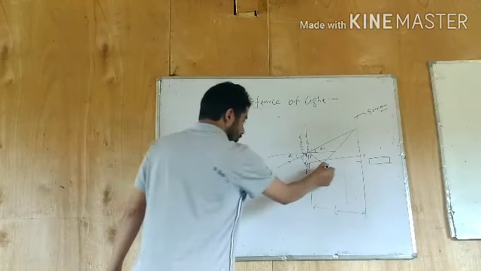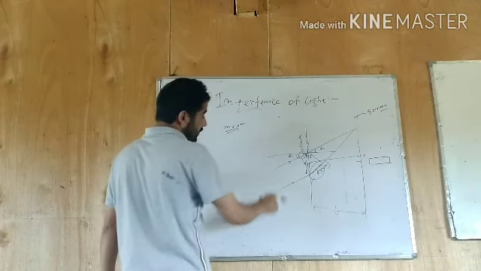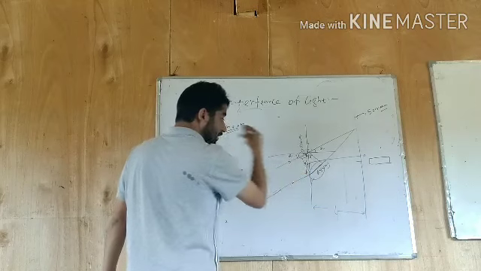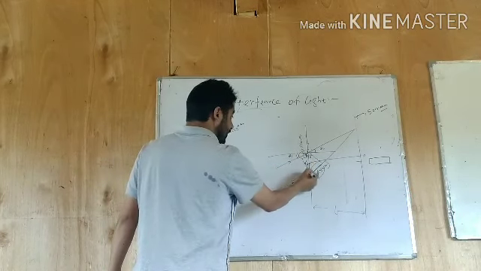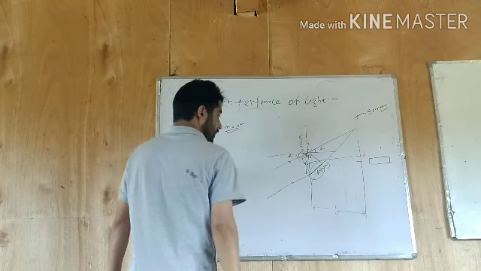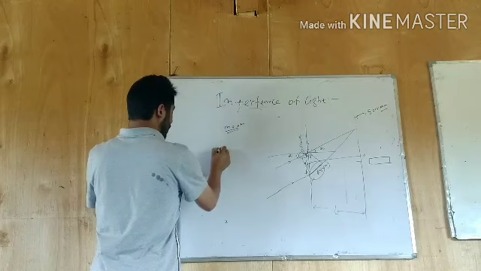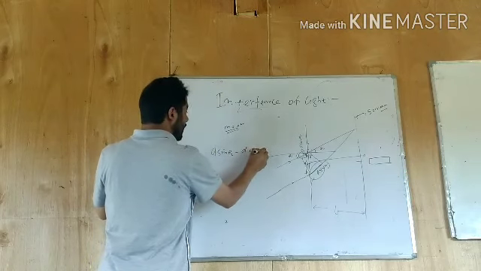Because this is the usual path difference, but I have to take into account this path difference here also, because this is one wave that travels some extra distance when they meet at the point here, isn't it? So the net path difference will be d sine theta 2 minus d sine theta